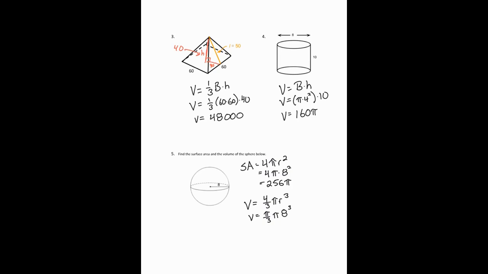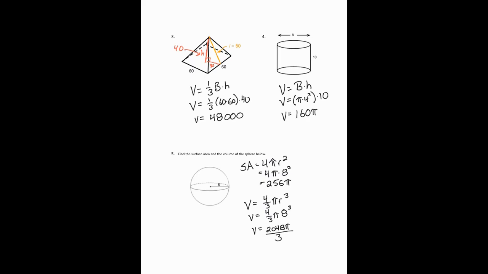So, oops, I accidentally put pi over 3 instead of 4/3. Sorry. 4/3 pi times 8 cubed. And so our volume, 512 times 4 is 2,048 pi